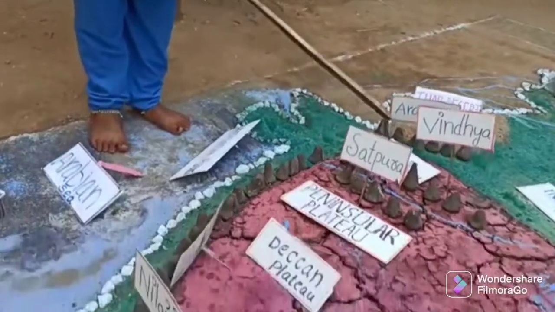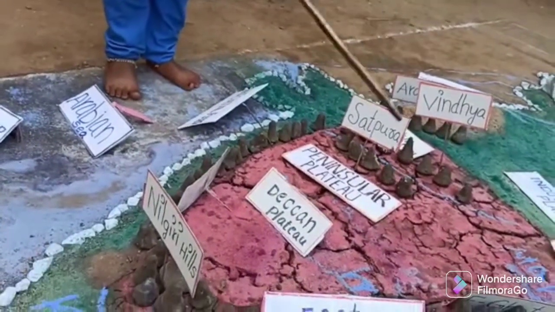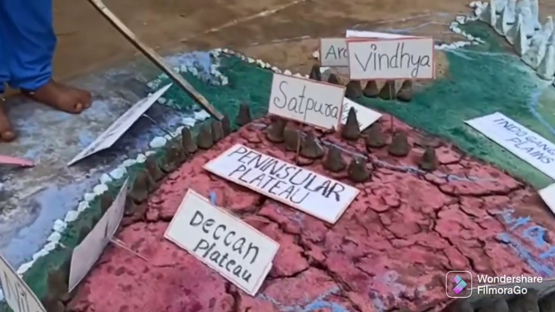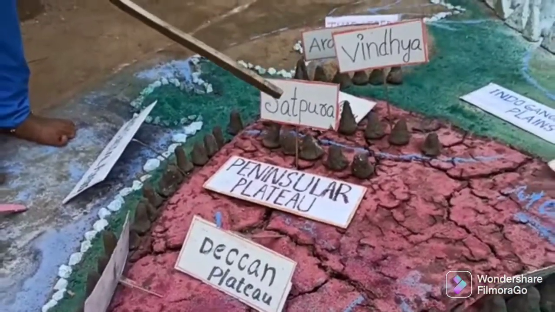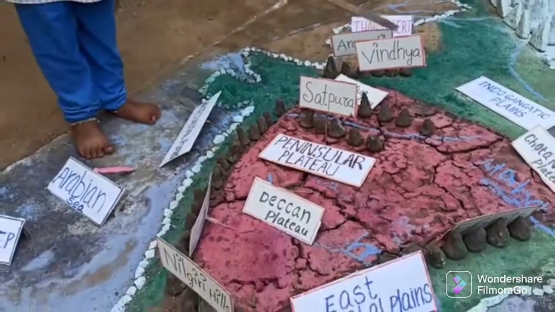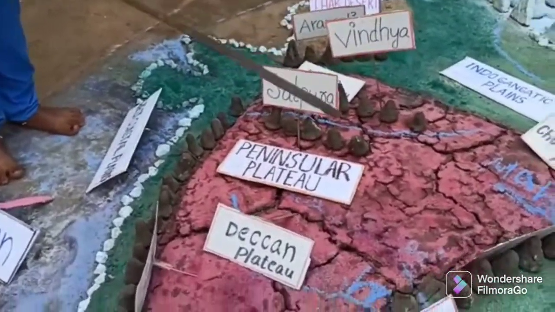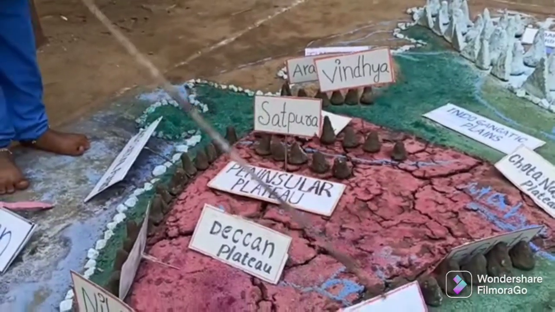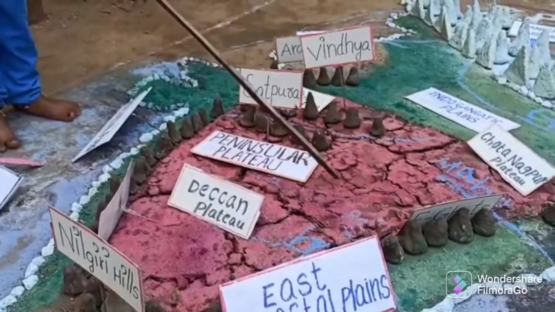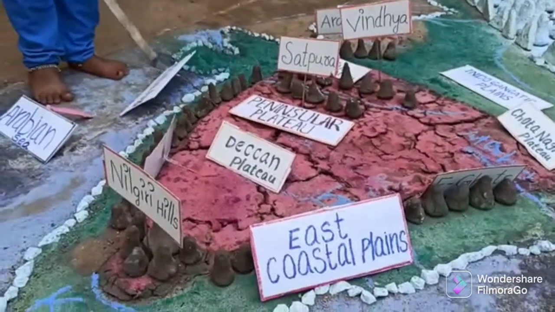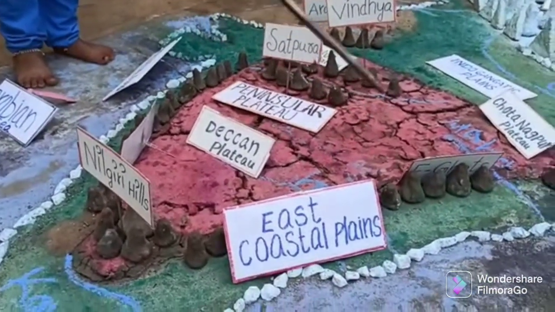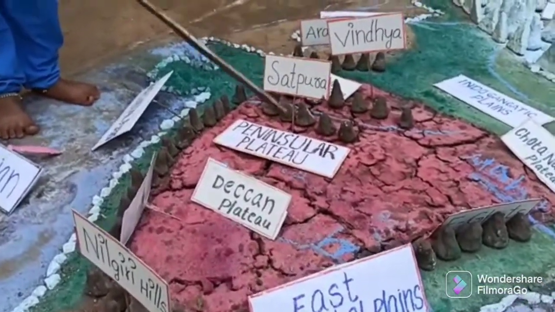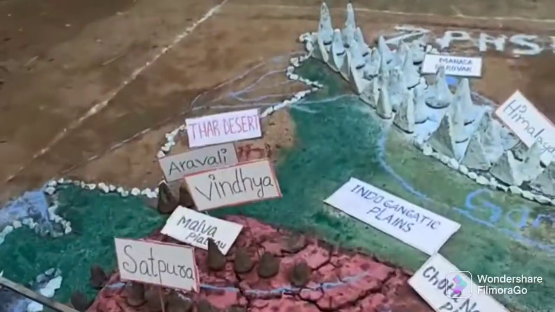A plateau is a landform characterized by a flat top, with lower surrounding lands. The Indian Plateau is known as the Peninsular Plateau since it is surrounded by seas on three sides. Metallic and non-metallic mineral resources are found in this plateau, which is slightly tilted towards the east. That's why the Mahanadi, Godavari, Krishna and Kaveri rivers flow towards the east and merge into the Bay of Bengal. The Peninsular Plateau is divided into two broad divisions: one is the Central Highlands, another is the Deccan Plateau.